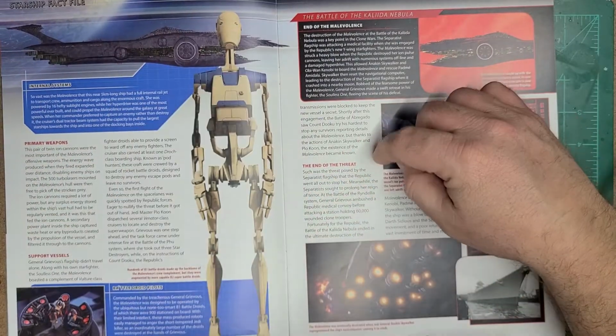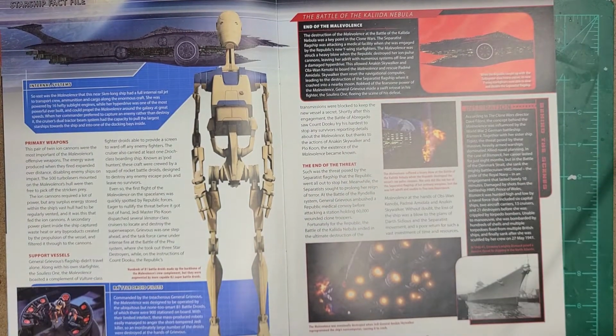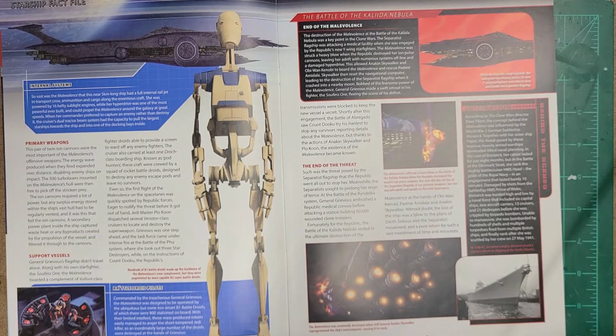So the end of the threat. Such was the threat posed by the Separatist flagship that the Republic went all out to stop her. Meanwhile, the Separatists sought to prolong her reign of terror. At the Battle of Rendeli system, General Grievous ambushed a Republic medical convoy before attacking a station holding 60,000 wounded